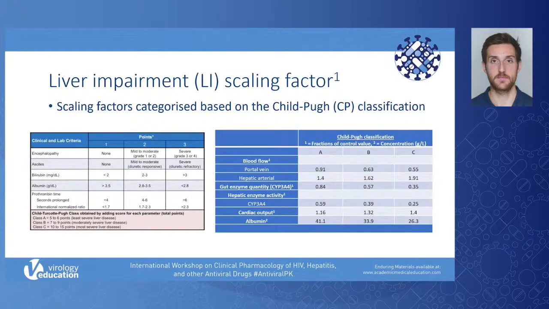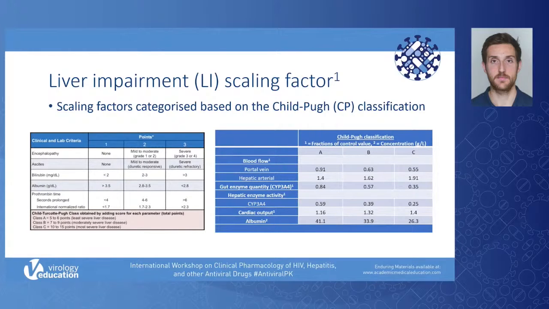Liver impairment is described through the Child-Pugh classification. On the left, the table represents the clinical and lab criteria which have to be graded to evaluate the overall liver impairment stage. Each criterion can obtain 1, 2, or 3 points, and adding the score of each parameter gives the severity of the liver disease. 5 to 6 points for class A, 7 to 9 points for class B, and 10 to 15 points for class C. Categories are associated with different percentages of 1-year survival chance, 100%, 80%, and 45% for A, B, and